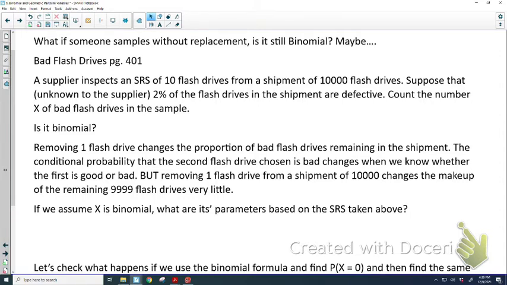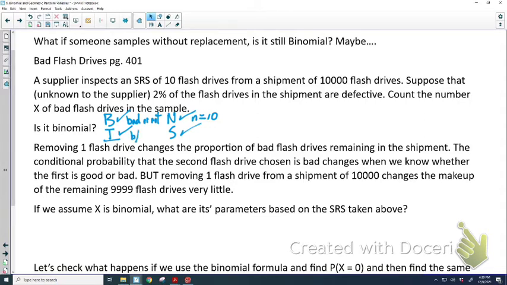So first of all, is this a binomial situation? Let's go in order. Sorry, let's back up. BINS. So it is binary. It's bad or not, the flash drive. Independence, let's talk about that in a second. It is a fixed number of trials. We have 10. All right, now independence and success. I'm going to say yes